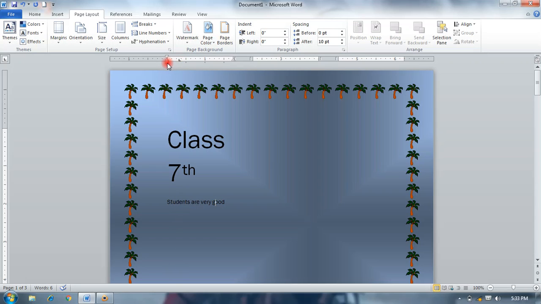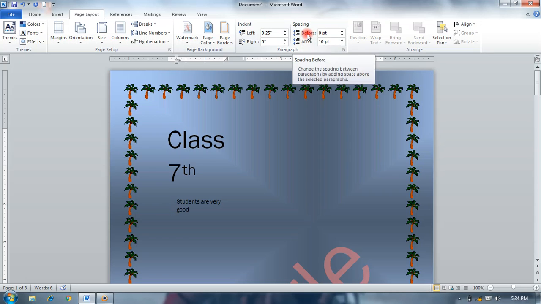So this is used for typing our text area from left to right. You can select like that, then you can type only between this range. Out of this you cannot type your text, it automatically shifts to the next line.